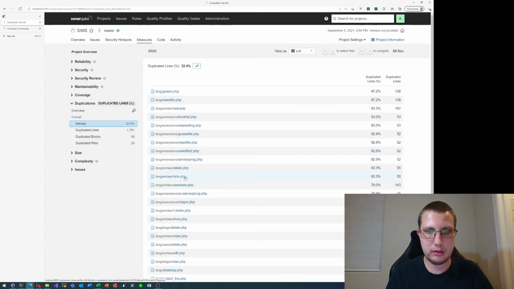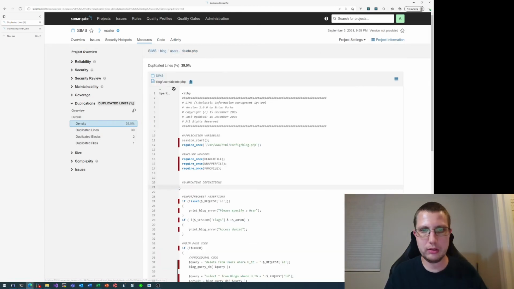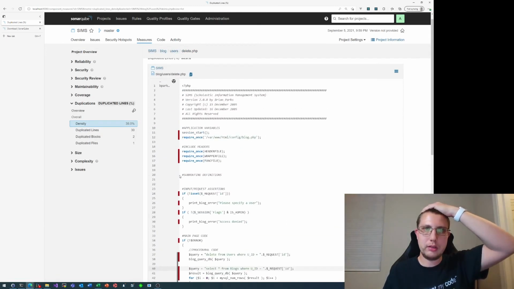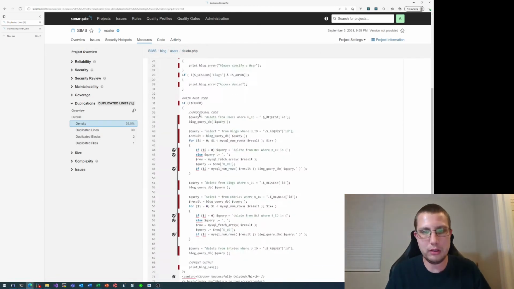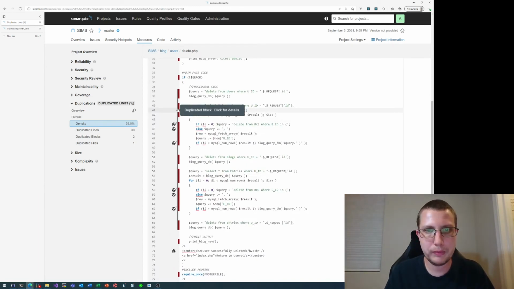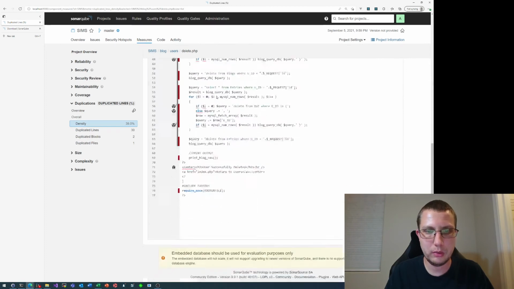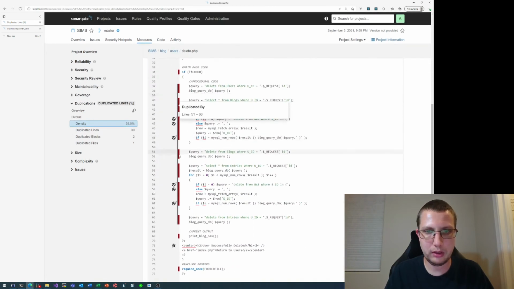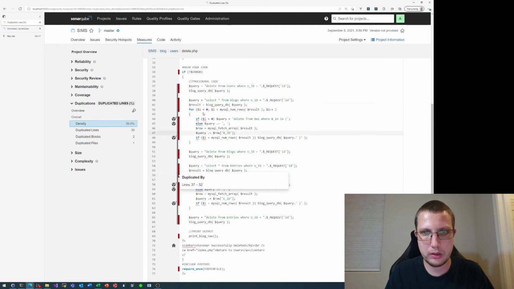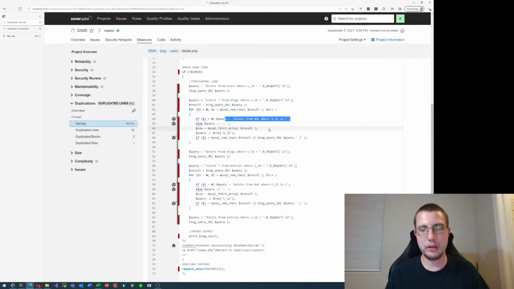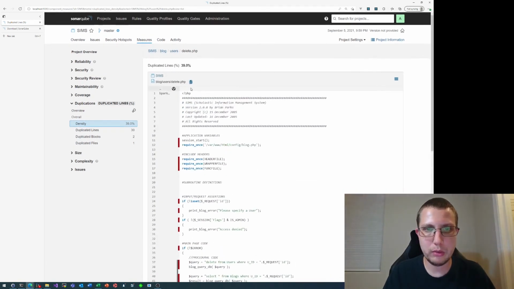Let's just, I don't know, let's go over here. I'm guessing this file is to delete a user, so let's see what it says. Duplicated block, duplicated by lines 51 to 66. Well, that was less exciting. But as you can see, it's almost duplicated. It's very similar. Not exactly sure what this is doing, but